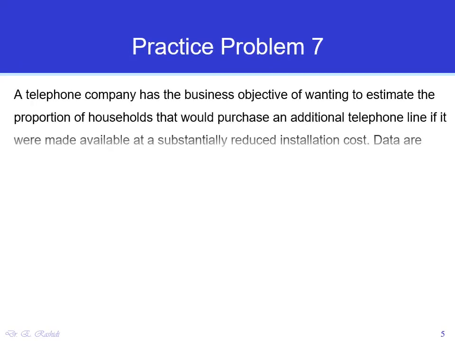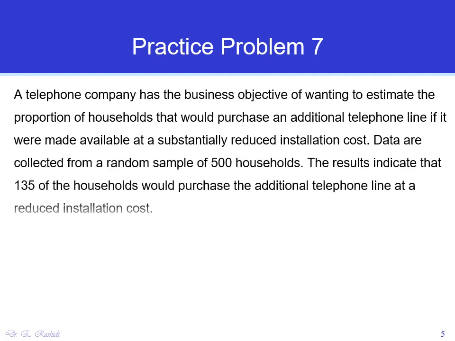Next practice problem. A telephone company has the business objective of wanting to estimate the proportion of households that would purchase an additional telephone line if it were made available at substantially reduced installation costs. Data are collected from a random sample of 500 households. The results indicate that